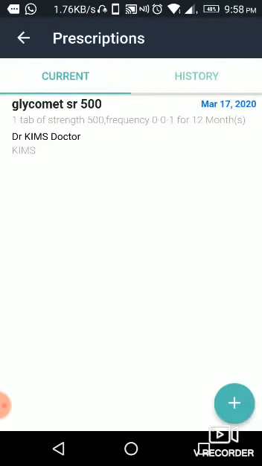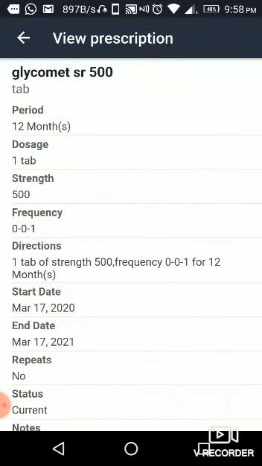Once you click on the prescription, you will see the prescribed medicine shown like this. For example, if the doctor has prescribed Glycomet SR 500, the dosage, frequency, direction to use, all these things will be shown like this. You can show this to your pharmacy, and you will get the medicine accordingly.